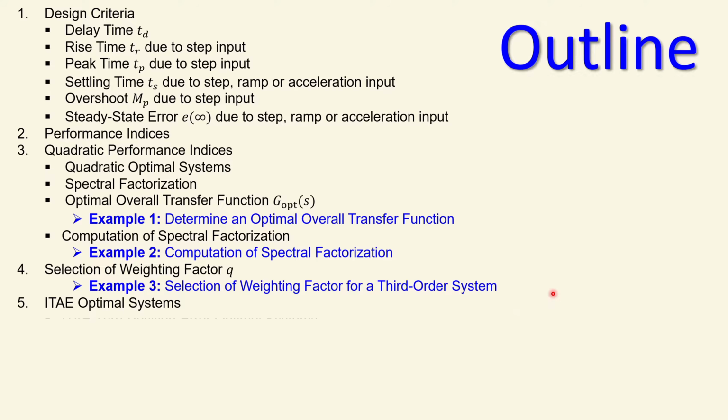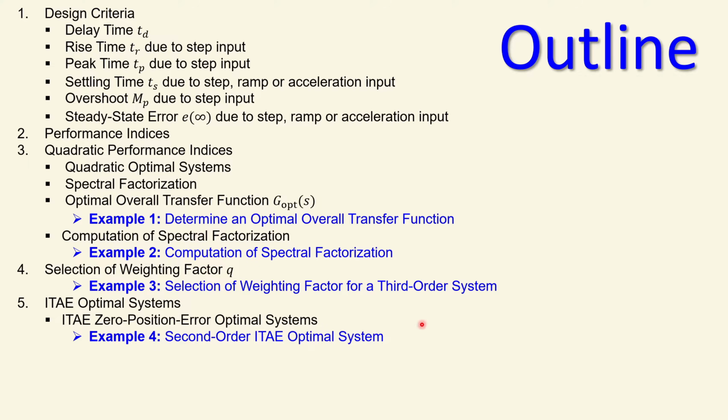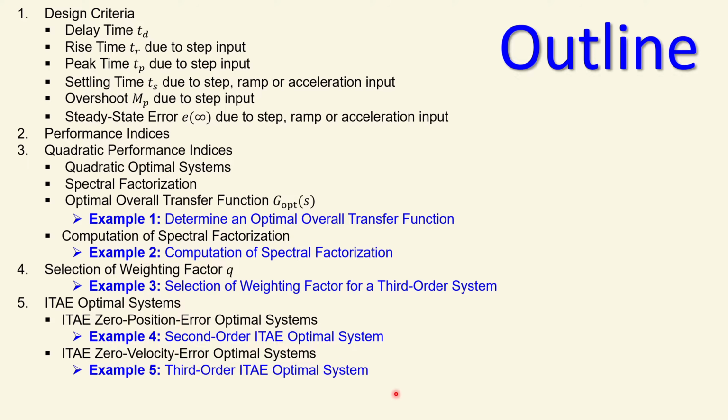optimal systems. Now we will look at three specific errors, and we talk about the zero position error optimal systems, and give an example about that specifically for a second order system, and also the zero velocity error optimal systems, and also discuss an example there. And finally, we also look at the zero acceleration error optimal systems. So this is the outline for this video, and I hope it will clarify the situation for you in great